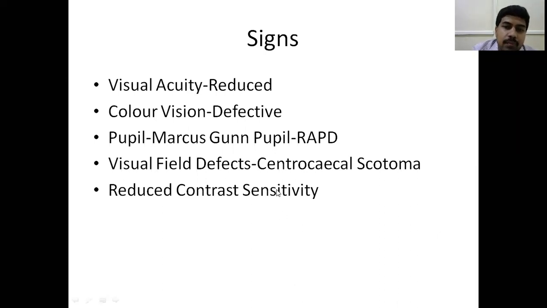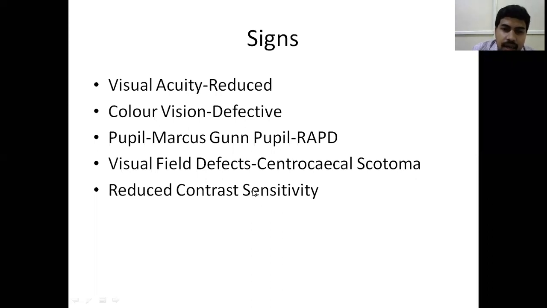Contrast sensitivity is nothing but the ability to differentiate between two colors. So here you see this is white color and the surrounding thing is black color. So you are able to differentiate between this white and black. See, these letters are written in black and the surrounding background is white. Because there is a strong contrast between white and black, you are able to recognize the letters against a white background. Suppose I type these letters in white color, you can't know whether the letters are there or not. So that is a poor contrast.